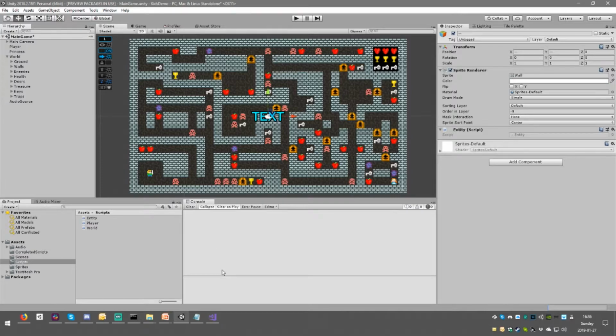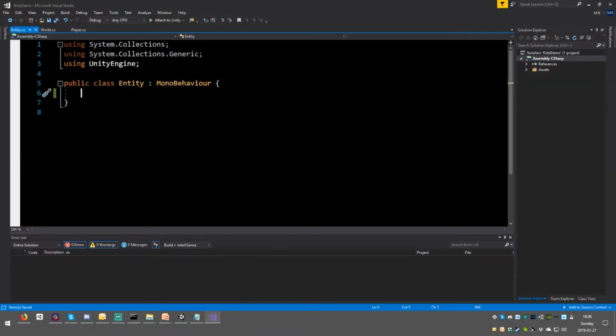So now the walls can be found very easily. So let's go back to our world. All right. The first thing that we need to create is a way to easily reach the world script from any other script. The player needs to be able to find the world script